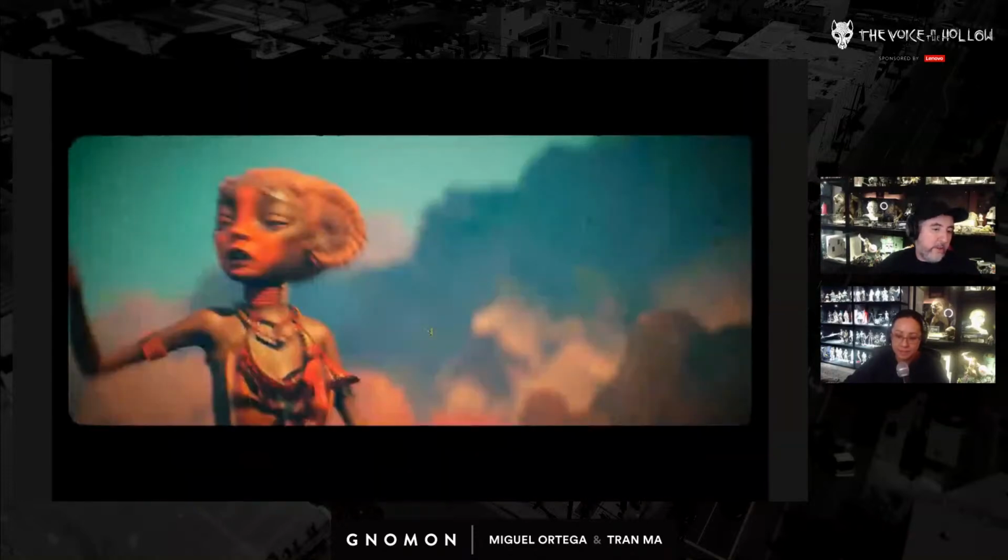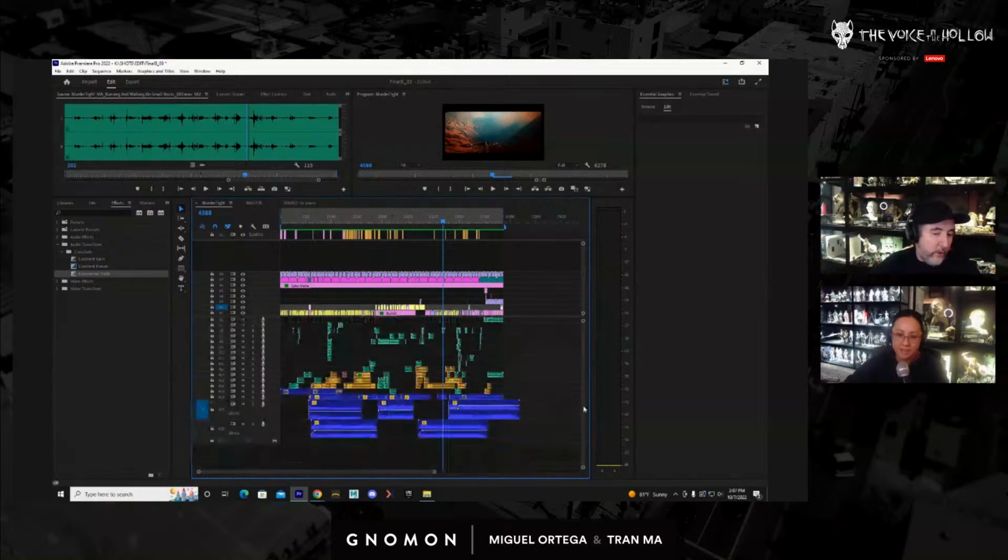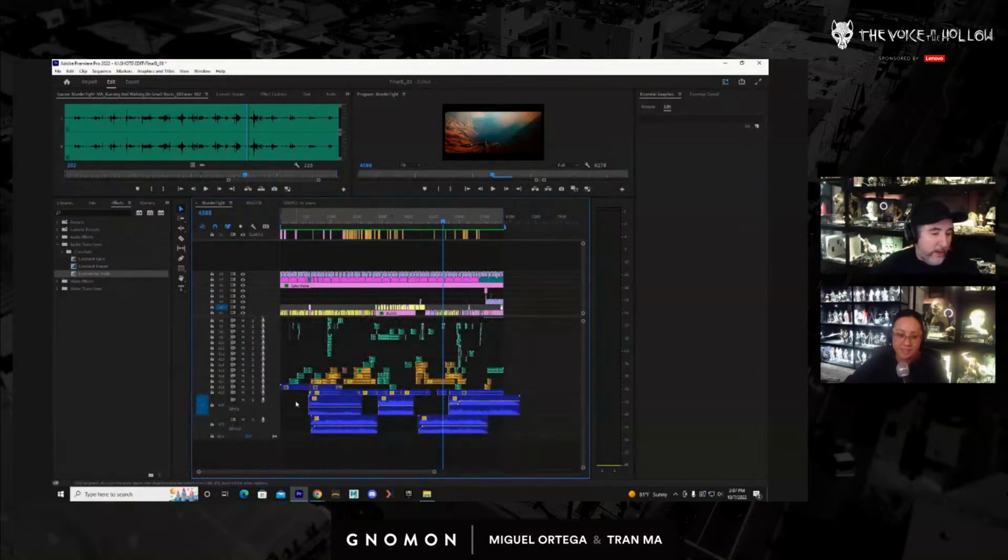When I'm working on the sound, I'm trying to layer as much as possible, but I'm super sloppy when I'm working initially. I just want to throw stuff in and make the edit work. I don't want to be organized because I don't know if I'm going to actually keep what I put in there. But at the point we're at right now, I need to start organizing everything. You can see I'm starting to go into Premiere and organizing this based on what is what.